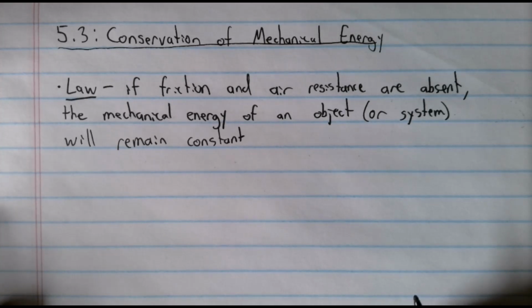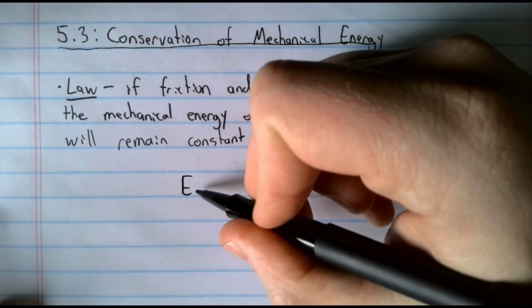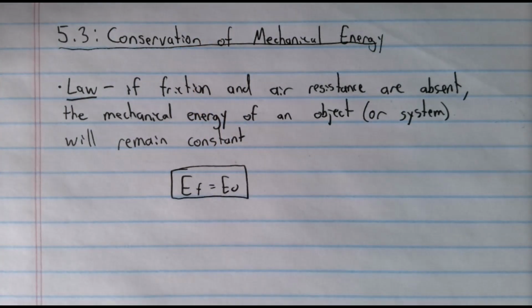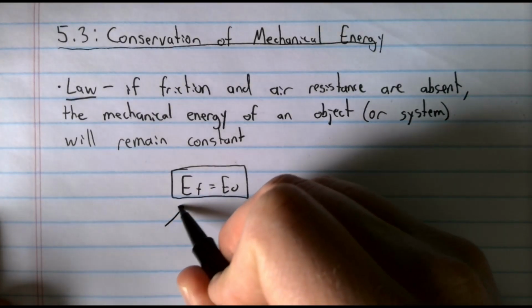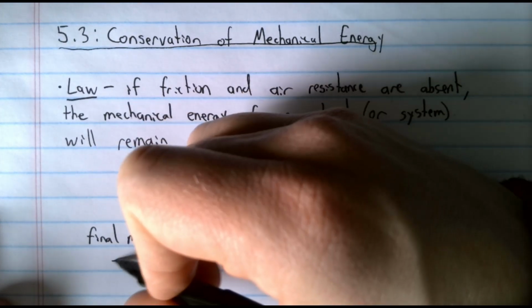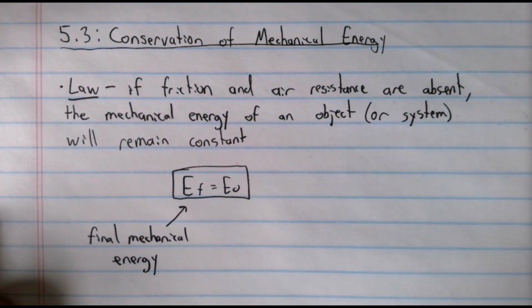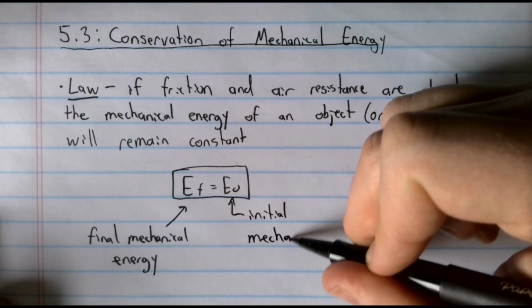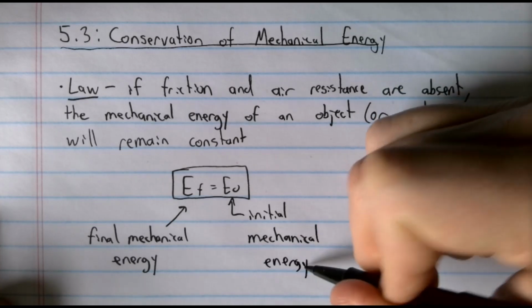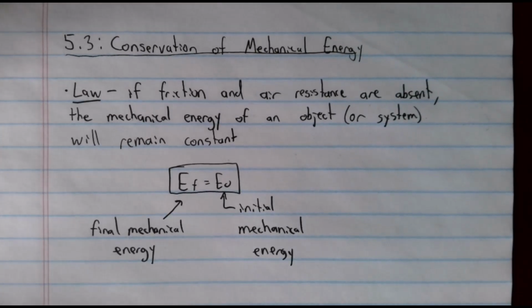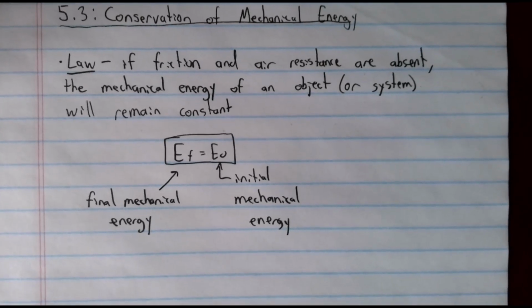So here's the equation for the conservation of mechanical energy. It is E_F equals E_O. It's just that simple. For some change that occurs in a system or for an object, the final mechanical energy will be equal to the initial mechanical energy. It'll stay constant. By itself, that's not too profound, but it will be used when we expand it out to solve some pretty